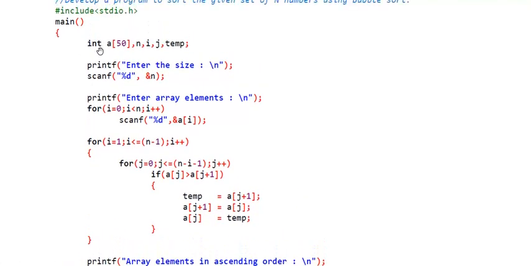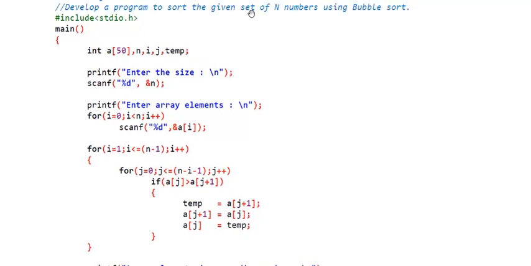Okay, inside we have an integer declaration. All the numbers that we are going to use in this program are going to be integers. First thing is we need an array, because we need to store a set of numbers. The user gives a set of numbers, and for storing them I have an array. The array is of type integer and it can hold a maximum of 50 numbers, that is a[50], comma n. n is the number of elements the user will give. The user might give 10, 15, 20, whatever number he wants. He may not give all 50, and the maximum number we can go for is 50.